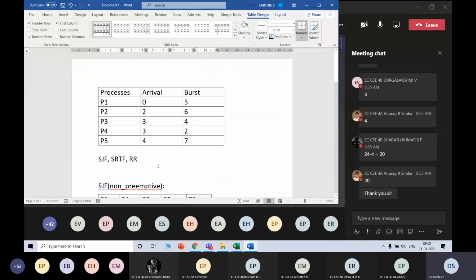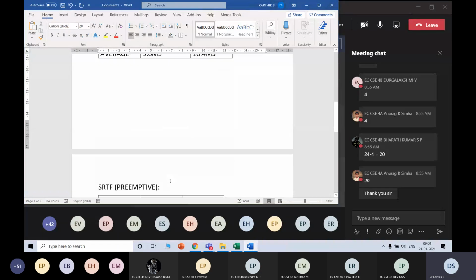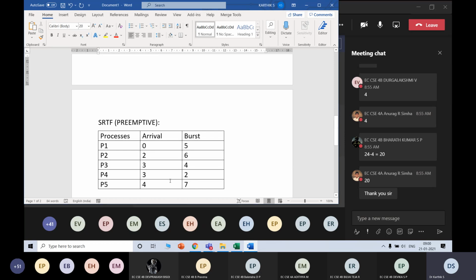I suggest you try the round robin algorithm with, say, a time quantum equal to 2 milliseconds, as homework. Apply the round robin algorithm with time quantum equal to 2 milliseconds and try to solve this particular problem. Right? So next class, let's take up one more problem and we'll practice round robin as well as preemptive SRTF before moving on to the further topics. Alright? Okay then, see you in the next class.